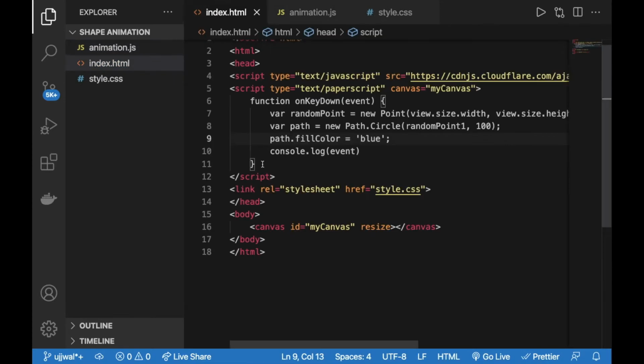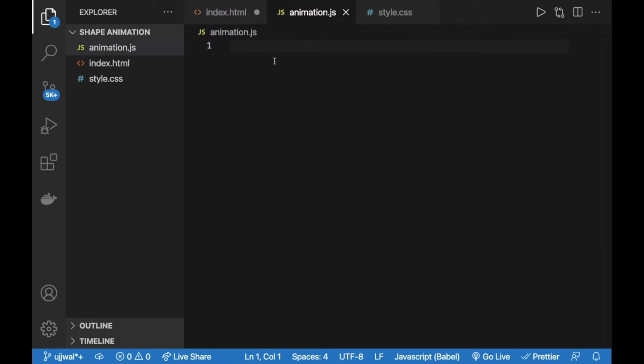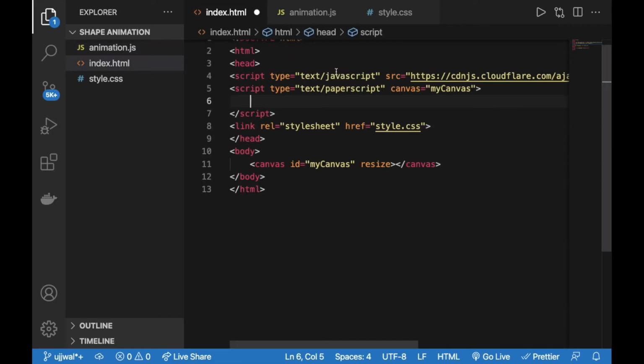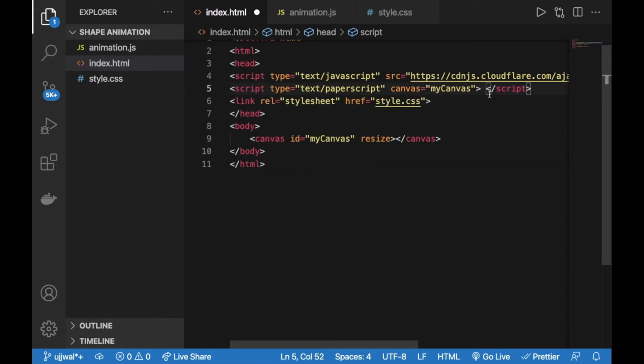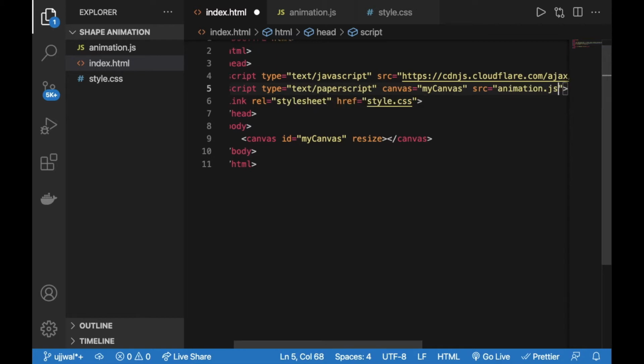Let me cut this code, paste it there, and save it. And in the source we need to give the address, src equals animation.js. Let me save it and see if something changed.